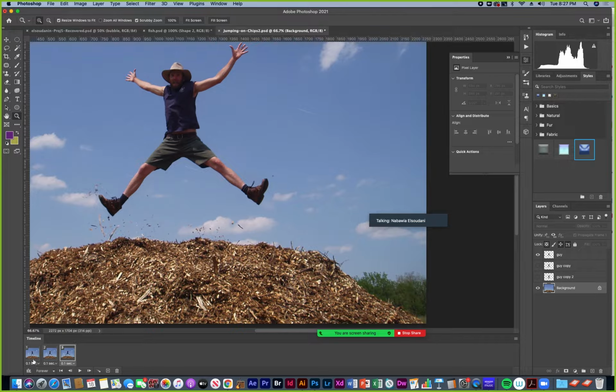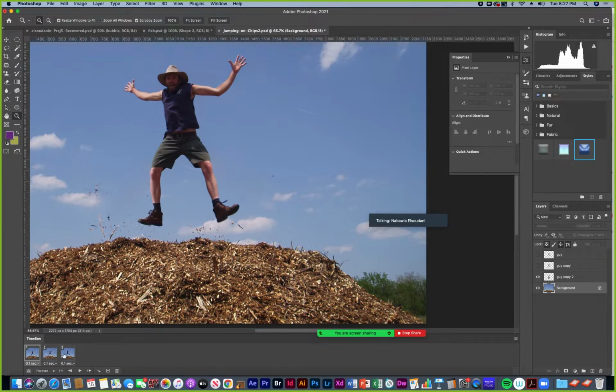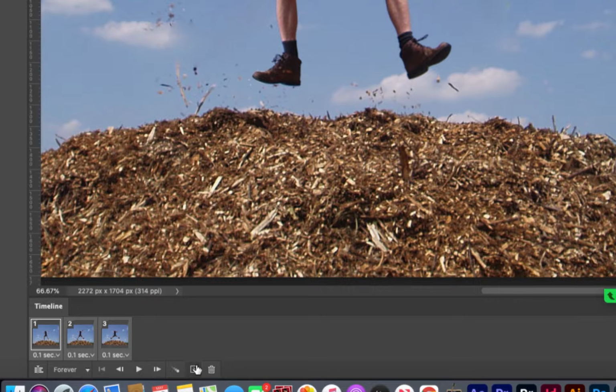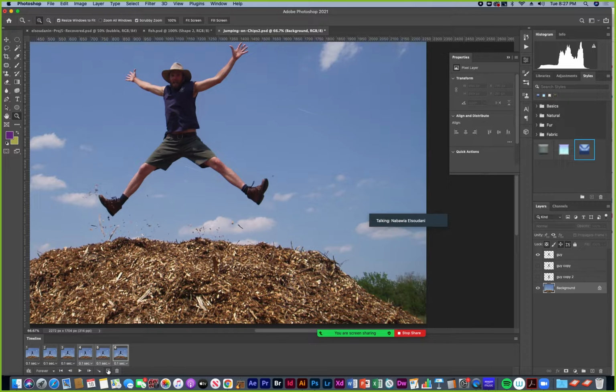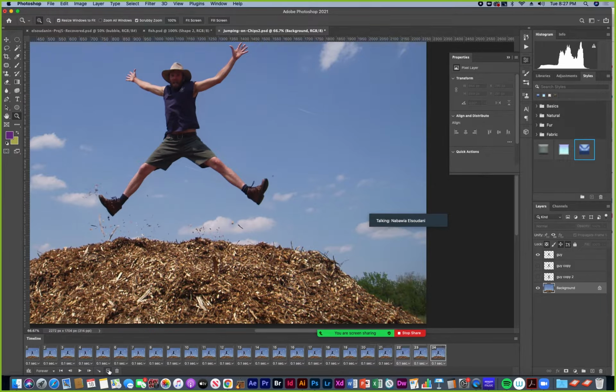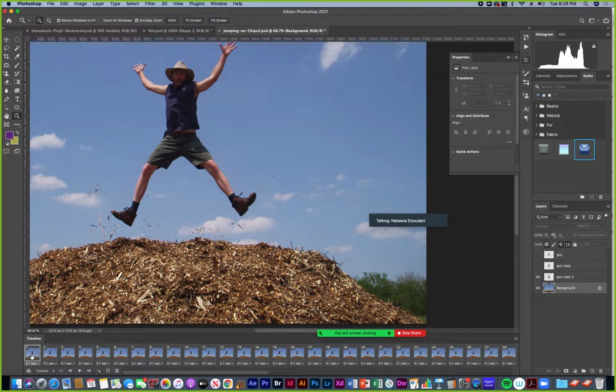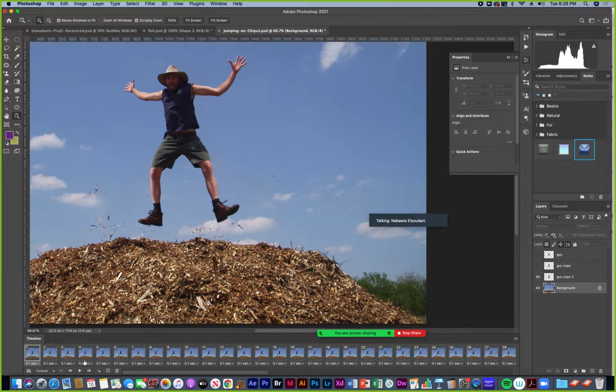And then if I'm happy with that, I can select all of them together and click the copy frame button here, or duplicate selected frames. And I can just keep duplicating till I have a duration, and then I can play it forward to really be able to see how long my animation is.